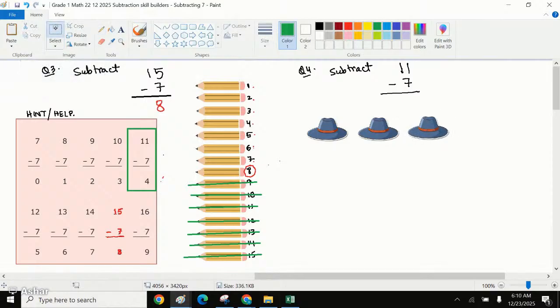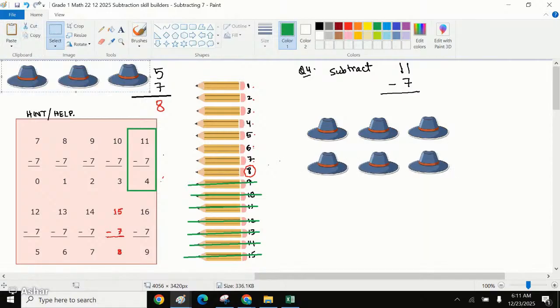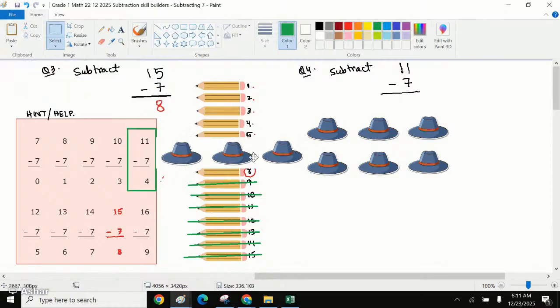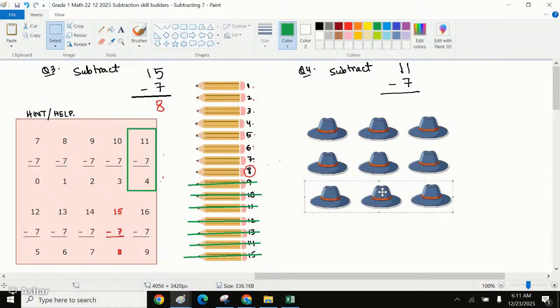We copy it again. 3 plus 3 is 6. 6 plus 3 is 9, right? I'll write on the numbers. 1, 2, 3. 3 plus 3 is 4, 5, and 6, right? Then we add 3 more, that is 7,